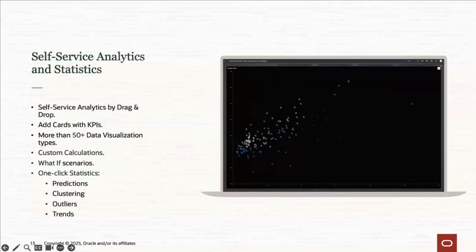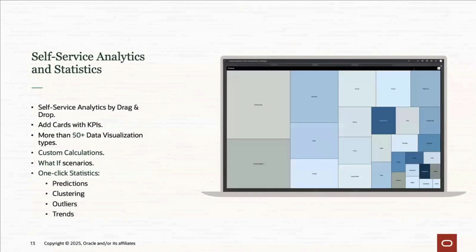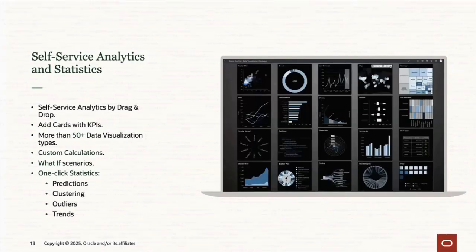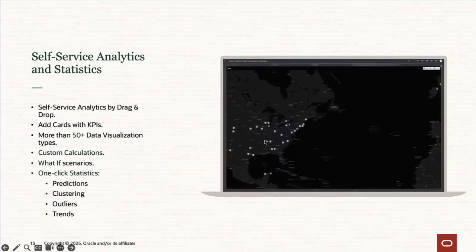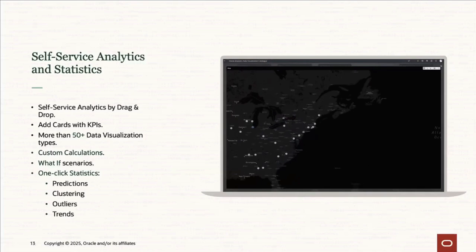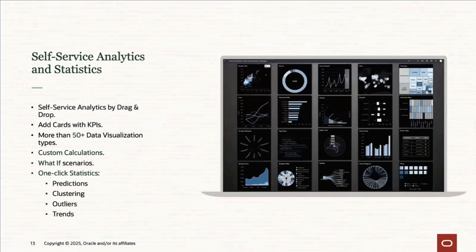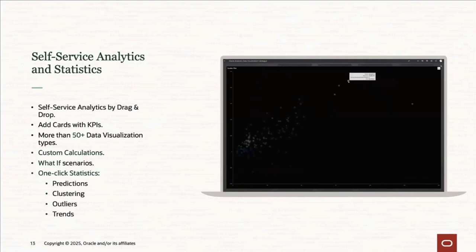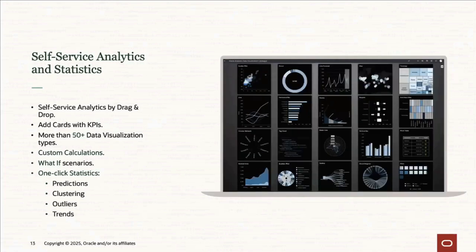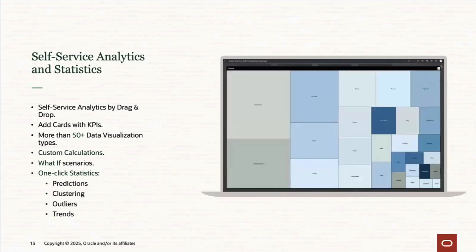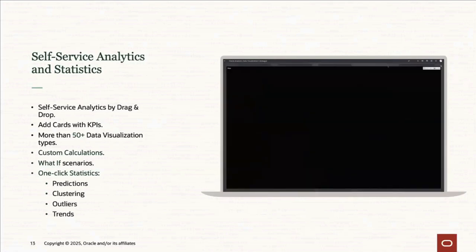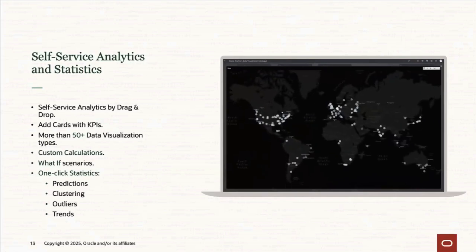For self-service analytics, this is going to be the crux. This is the kind of flagship of all analytics tools. It's how can I go into a tool, click some buttons, crunch some numbers, and get something out of it that is useful to me and my business. And so, similarly to what we saw in the data flow, we've implemented a drag and drop interface where you can look at different charts, look at different fields, and simply click and drag fields to charts to get some visualizations. With the dashboarding aspect, you're going to be able to add cards to your dashboard so you can have different visualizations for different KPIs.